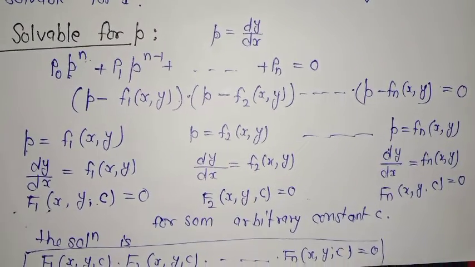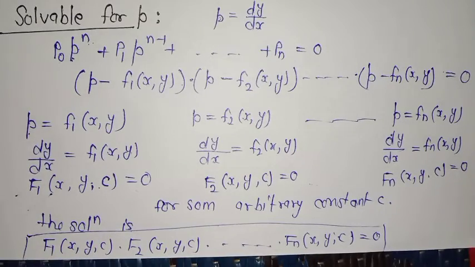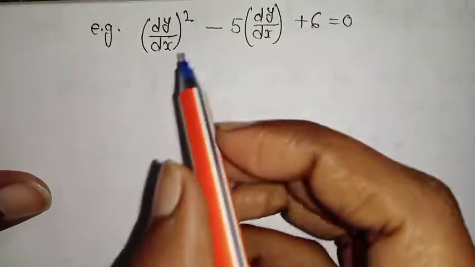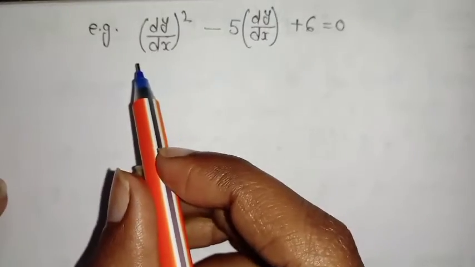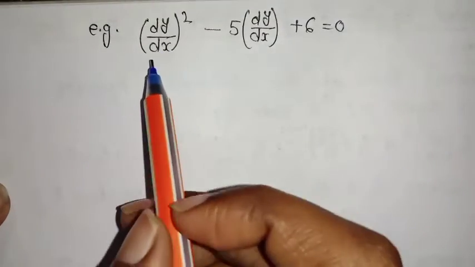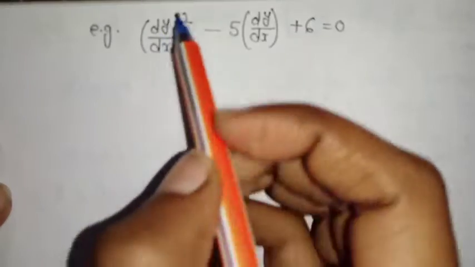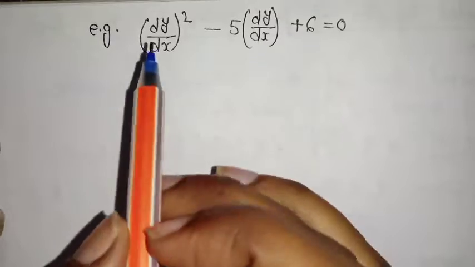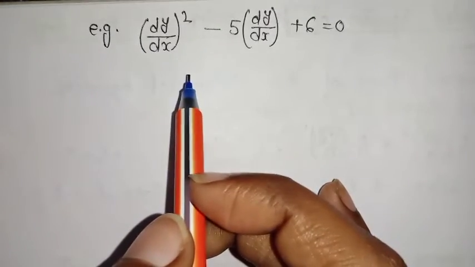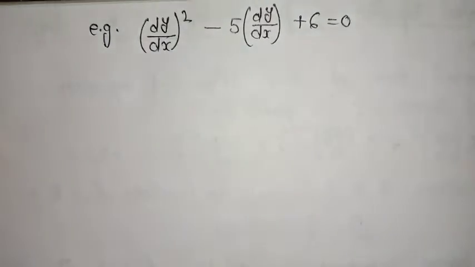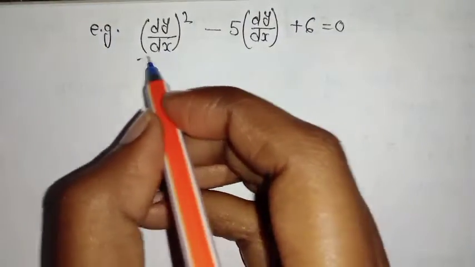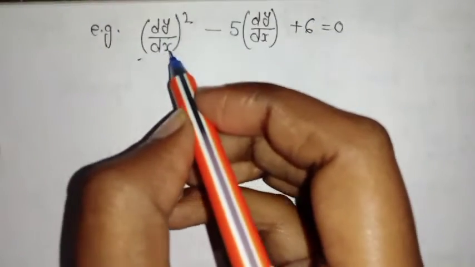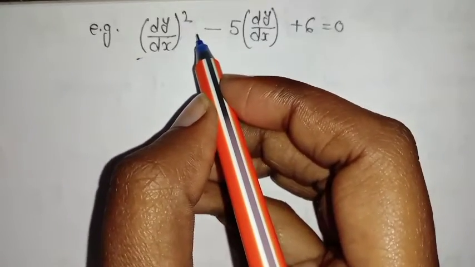So I am taking one example to show how to apply this method on any question. This is our first example. Now you can see in our previous videos the differential equations were of first degree but not of first order; there were higher-order derivatives. But here the derivatives are of first order, but their degree is greater than 1. So we can call them differential equations of first order but not of the first degree.